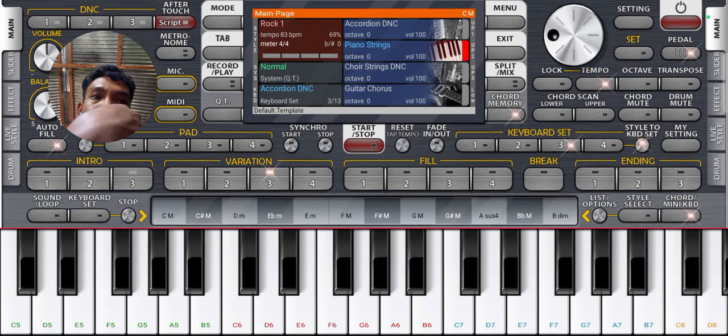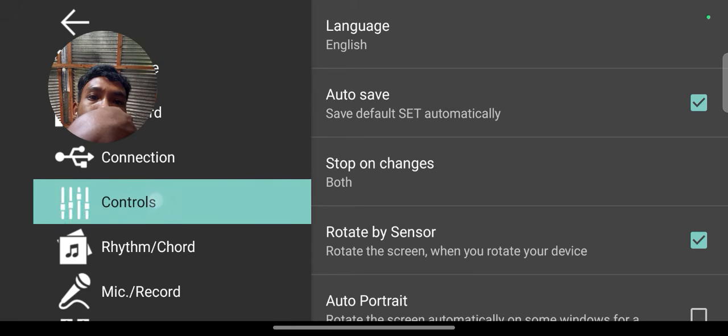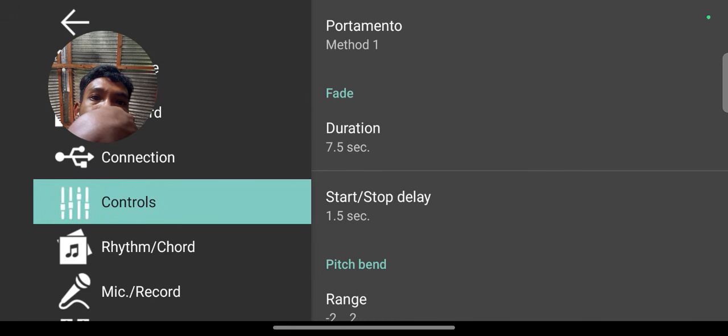Before I teach you how to play, I will show you how to adjust the measurement and the tempo of the song. Now we go to the adjustment of the measurement and the tempo. From the right side of the keyboard, here we need to tap at the setting button, and then we need to tap at the fourth option, control, and then from the right side we need to